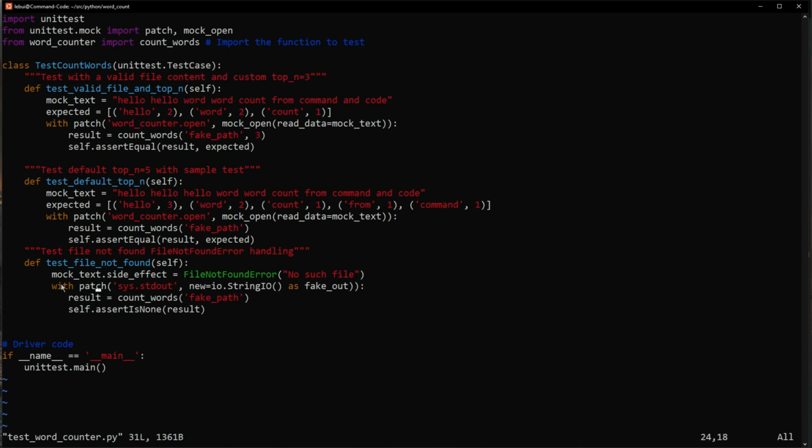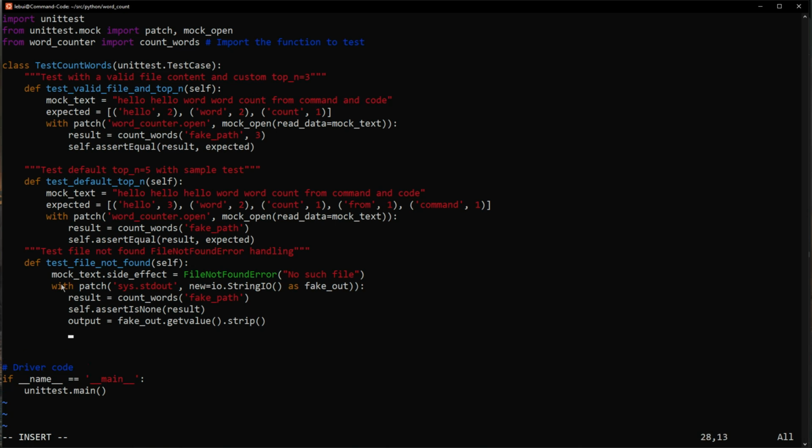New IO fake file, fake out, search, reset, count, fake pass, cell, and here. And I think you will need the output, how the output looks like. The output is going to be fake out dot get the value, and you're going to strip out the error message. In here you will have the cell access equal, and the output